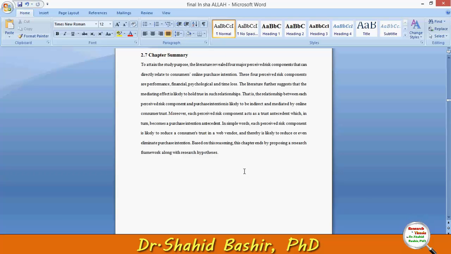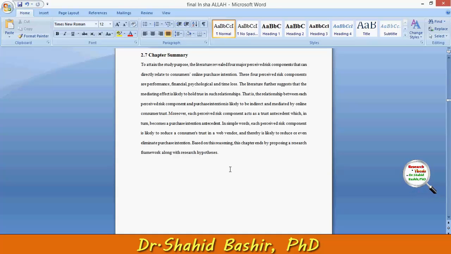So just read this to attend the study purpose. The literature revealed four major perceived risk components that can directly relate to online purchase intention. These four perceived risk components are these. The literature further suggests that the mediating effect is likely to hold true in such relationship.